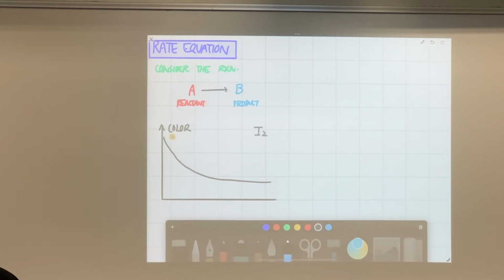So if the brown color did not fall to 0, it means iodine must be in excess. So many of you come to this correct conclusion. I'm happy, okay? And in here, we need to build on that, okay?